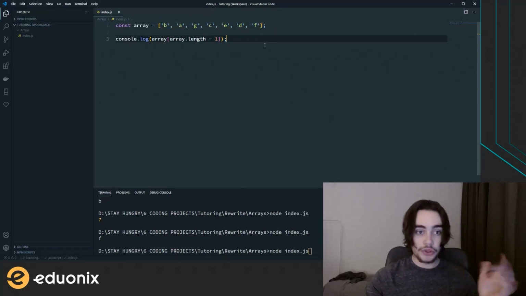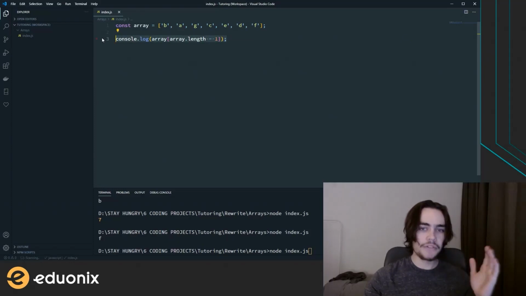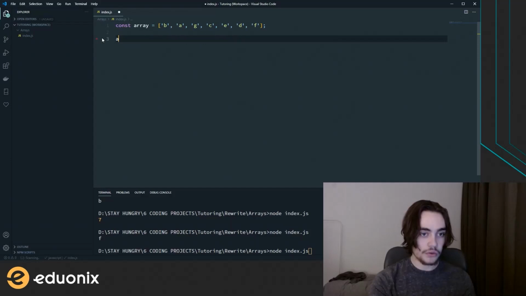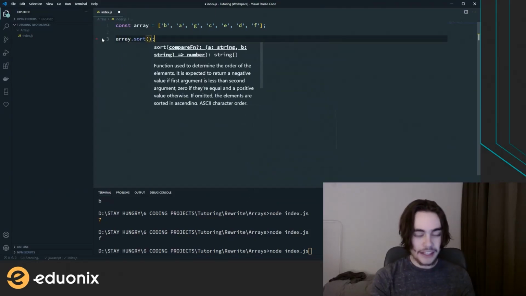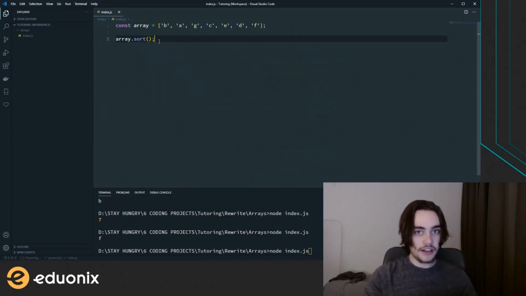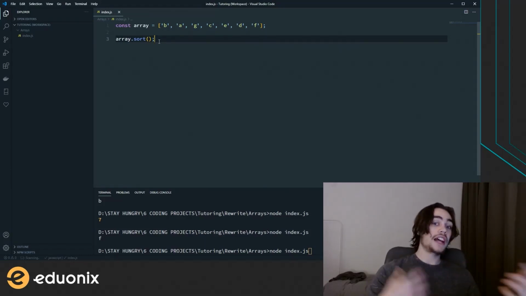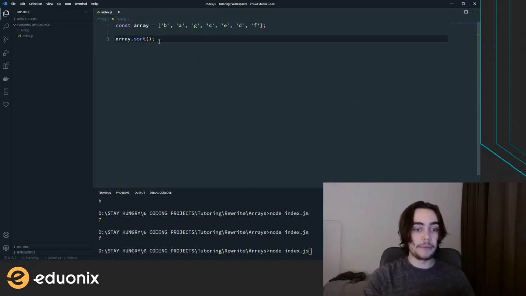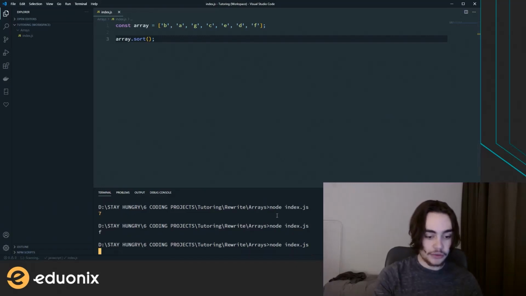And one of the more useful methods that we can do with arrays is array.sort. Now this is sort of a confusing function under the hood, so I'm not going to go too in depth about how it works, but just know that it'll sort things into alphabetical order, and it will also sort numbers by their value. So if we now run it,